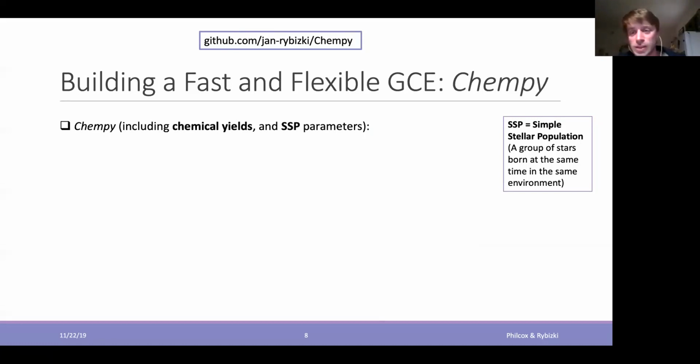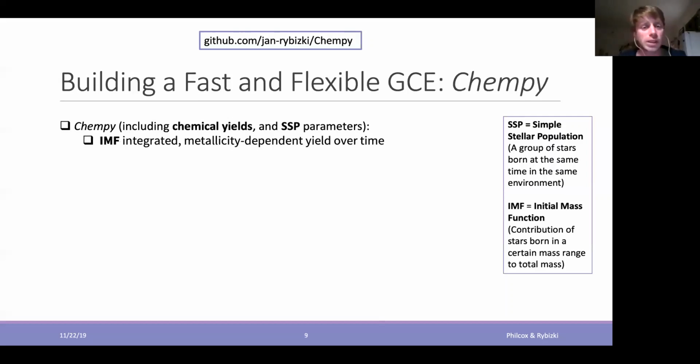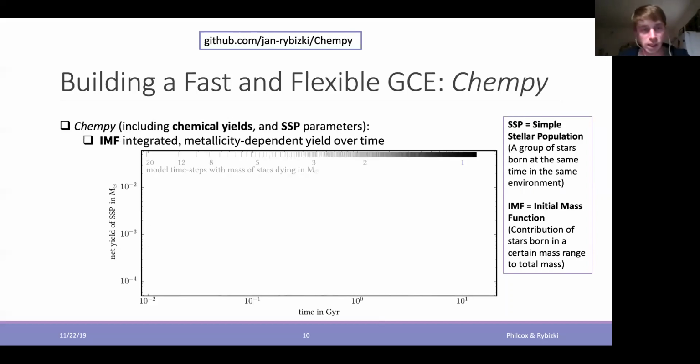By SSP, I mean simple stellar population, and parameters for the simple stellar population are the IMF, which we use here, and the number of stars that go supernova type 1a, basically. And from those ingredients, Chempy calculates an IMF-integrated and metallicity-dependent yield over time. And this can be used for any chemical evolution model or hydrodynamical simulation.